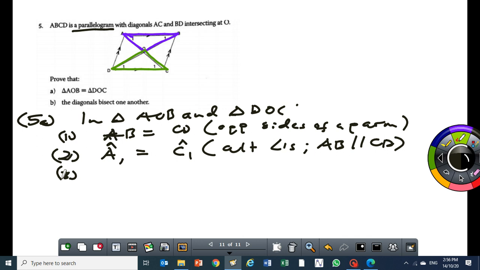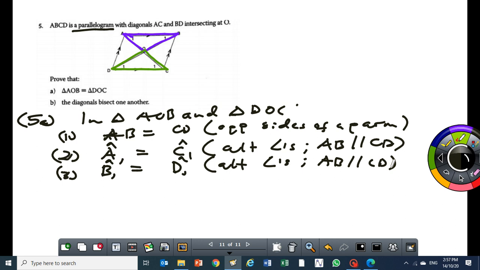Are you following what I'm saying? Then, B1 is equal to D1. Okay, they are alternate angles. And which lines are parallel? So this is D1, that's B1, because AB is parallel to CD. Okay, once I prove these three, that is a pair of sides that are equal, two pairs of corresponding angles